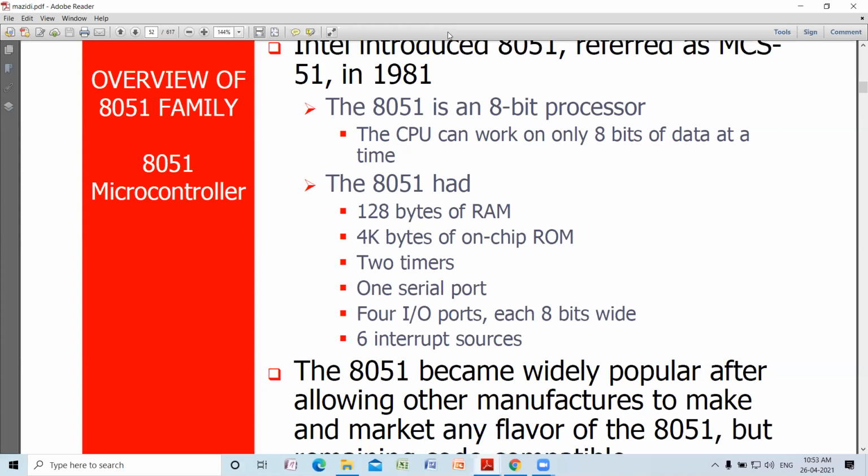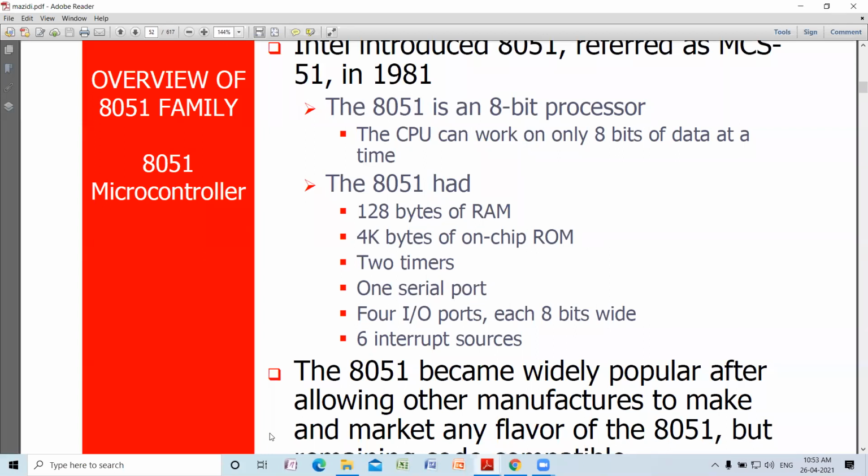In general, how actually a set of instructions are stored in the memory. After the instructions are stored in the memory, while the processor is executing the instruction, it is executing in a step-by-step manner.